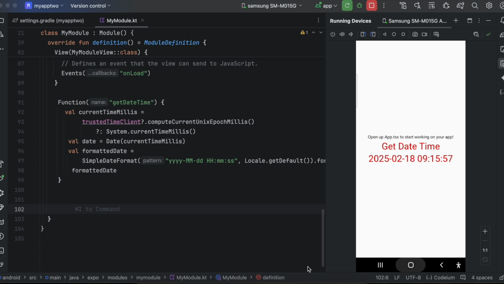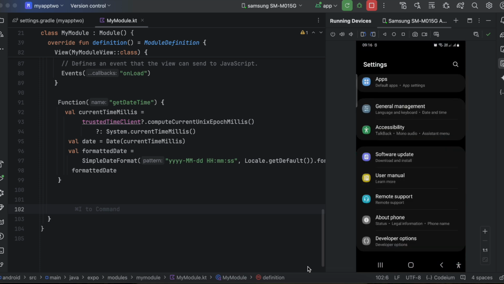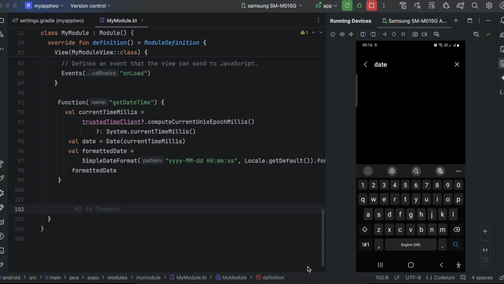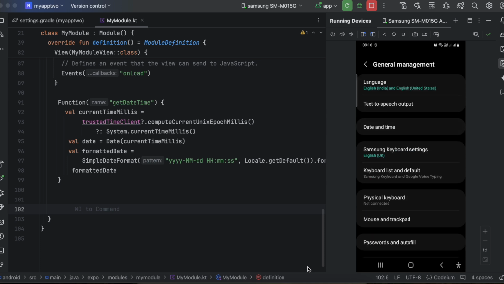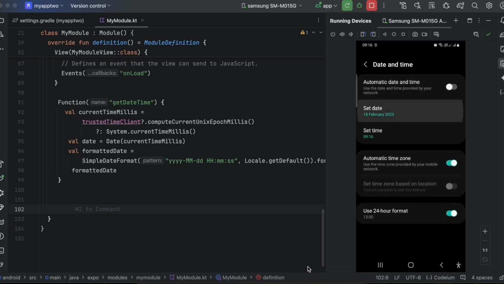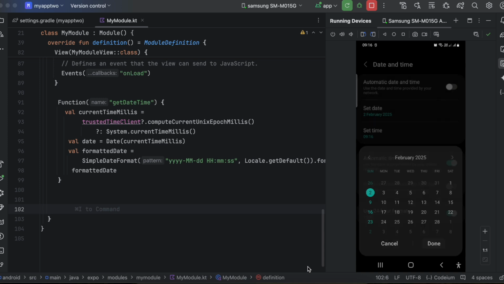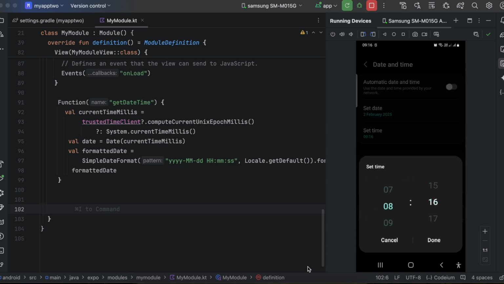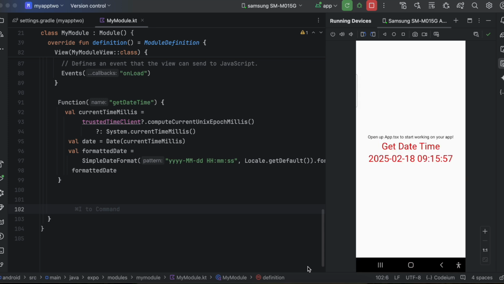But what if I go to the settings and try to manipulate the date time? So I'll just search for date, okay, date and time, and here I will just select this date and time. I will disable this automatic date and time. I will set the date to 2nd of Feb, and I'll also change the time to 8 o'clock. Now if I go back to my app and again click on get date time,